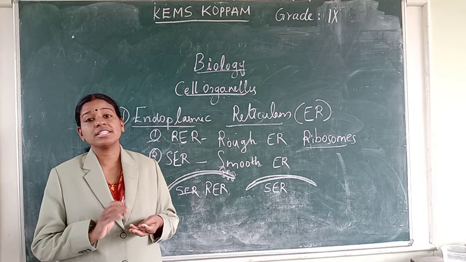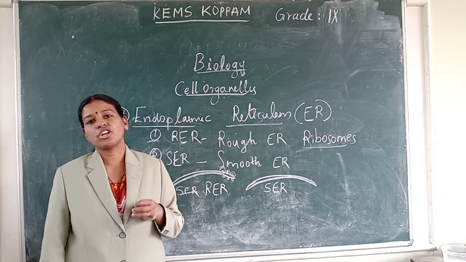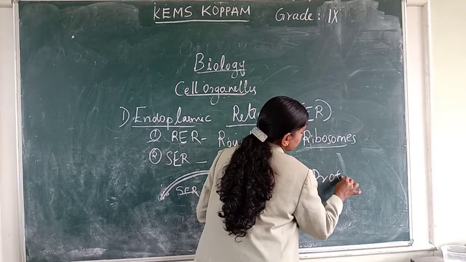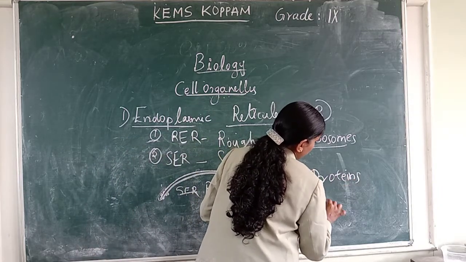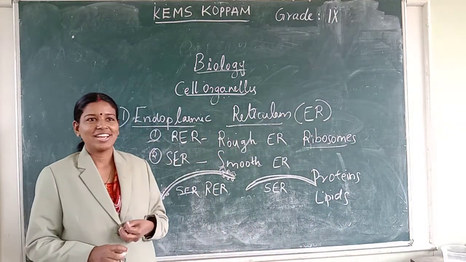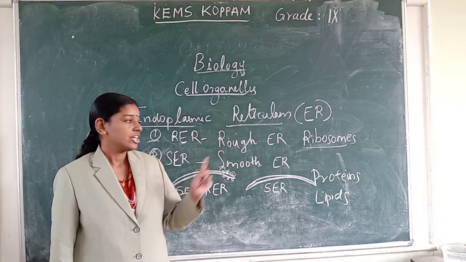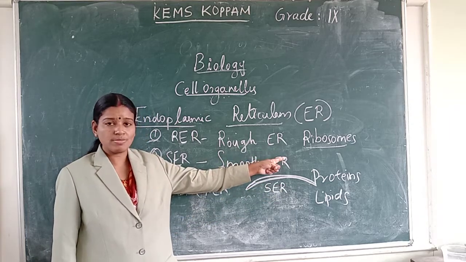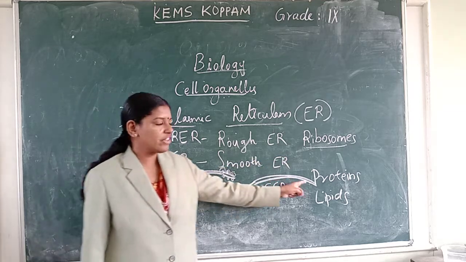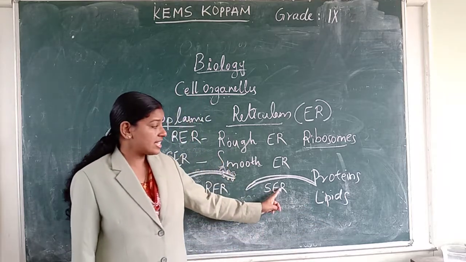Okay. Then what is the function of SER? It helps in the production of proteins as well as lipids. Lipids are fats. Here also, ribosomes help in protein manufacture. So smooth ER is also doing the function of protein synthesis as well as lipids. So these two,